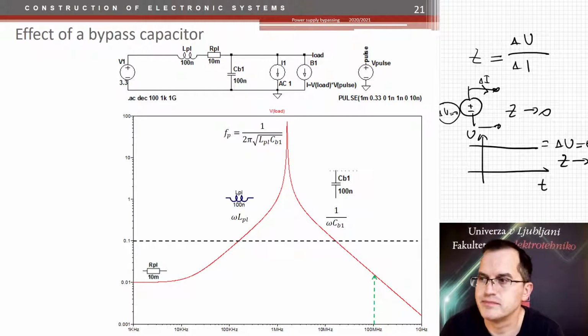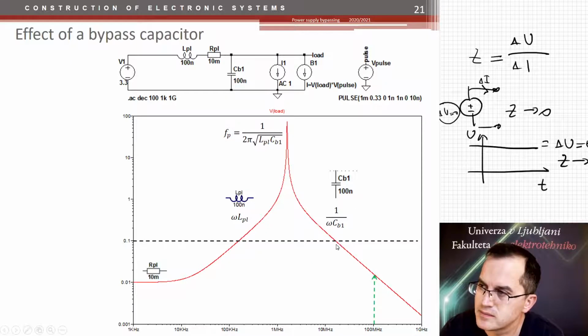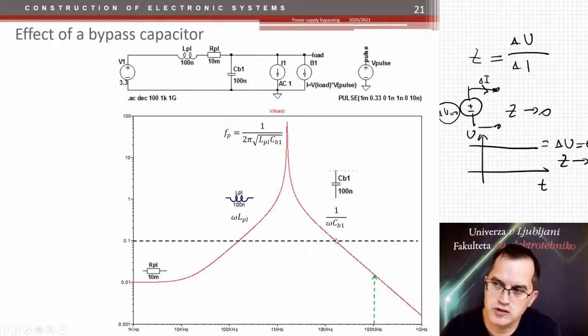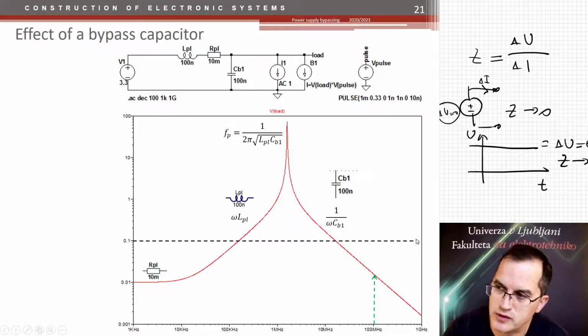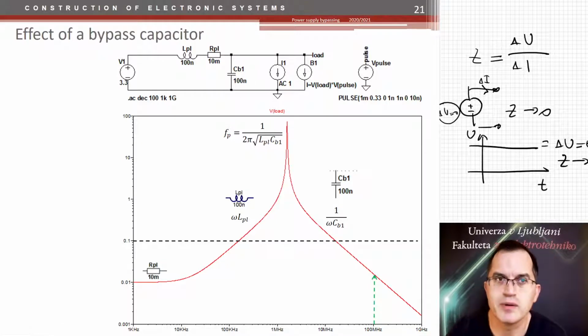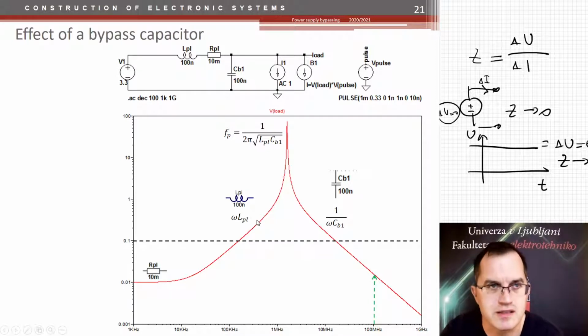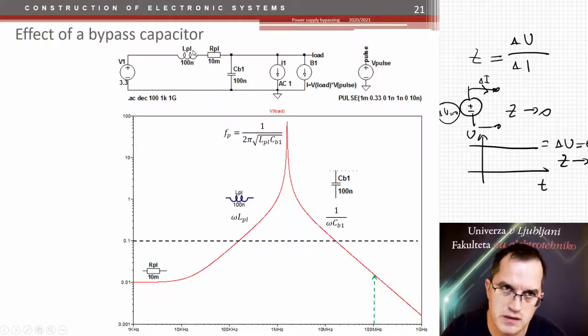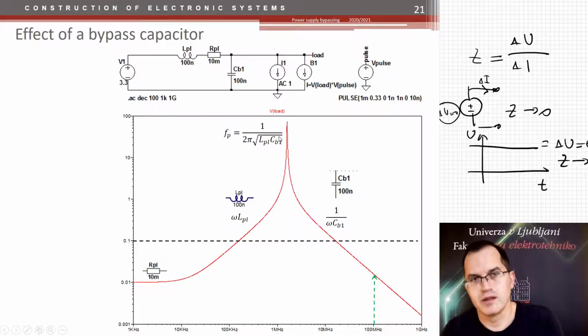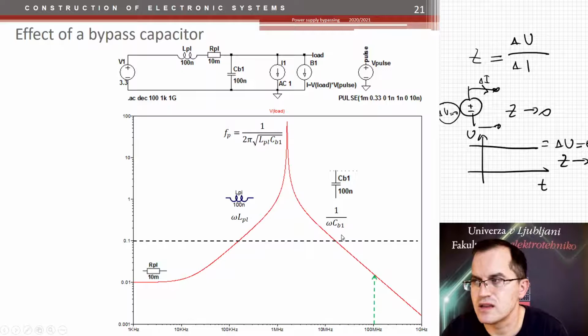I told you before, we put 100 nano capacitors everywhere, so why shouldn't we put it here? Well, actually, this 100 nano capacitor has a frequency at which it crosses this maximum impedance, 100 milliohms here. So it's not adequate. But that's not the point here. The point is that we see a very, very sharp parallel resonance. And this parallel resonance, which consists of the power supply line inductance and the capacitance of the capacitor,